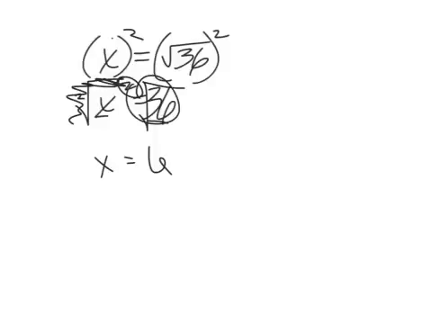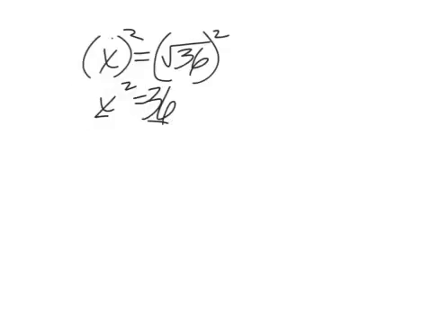So in order to undo a radical, you square both sides. In order to undo an exponent, you take the square root of both sides. And that's what we're going to be doing in this lesson. And I don't remember if you've already done it in the past, but if you have, then you're further along than I thought. So if you have a radical like that with a whole bunch of junk inside,